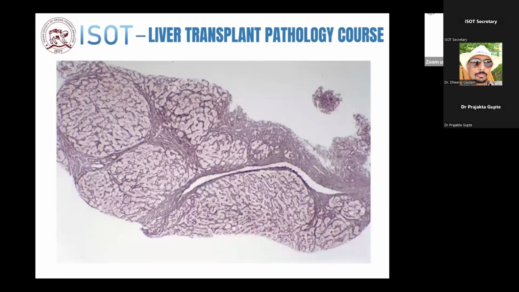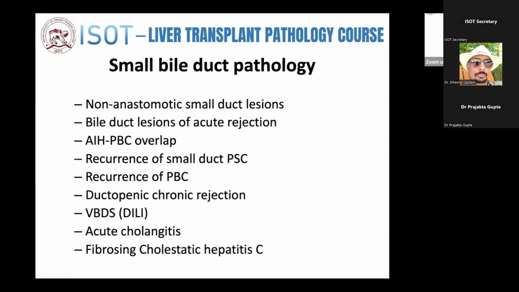So these were all features of large bile duct obstruction. Now coming to small bile duct pathology. What are the different small bile duct pathologies? They are conditions which are going to affect the smaller ducts, more peripheral ducts. So we have non-anastomotic small duct lesions, bile duct lesions of acute rejection,